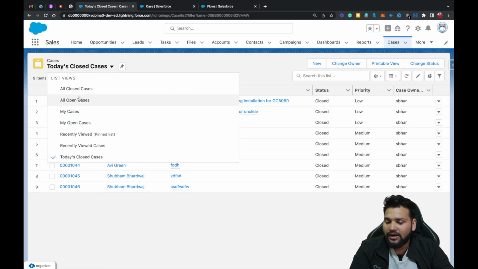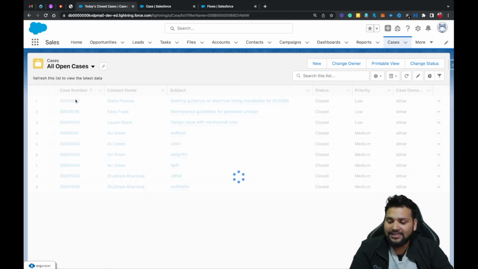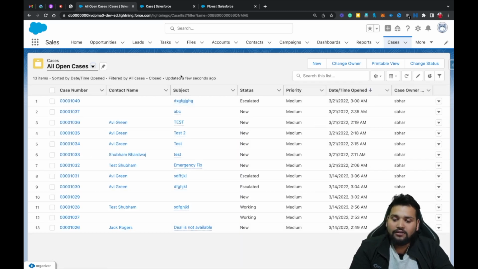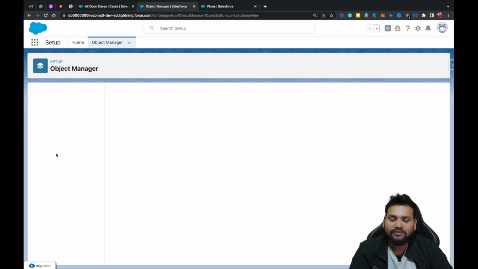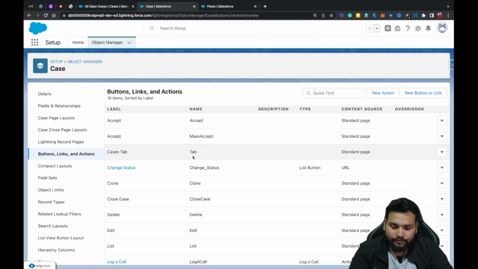Let me just move again to the all open cases, and just to prevent the message after we click on the button, right, what we are going to do for that, we will go back to the same button that we created as list view button, right? So I will go and click edit.